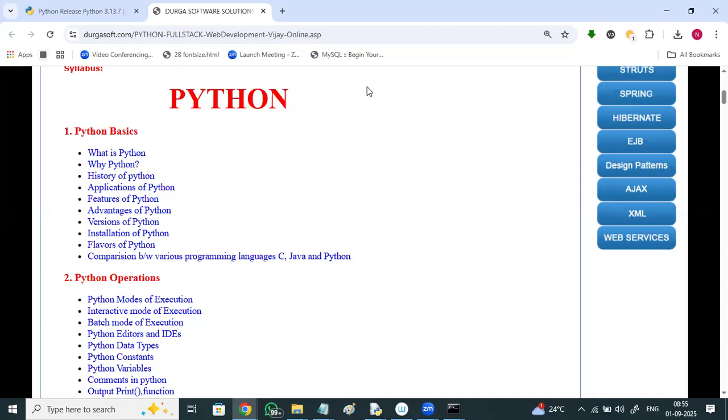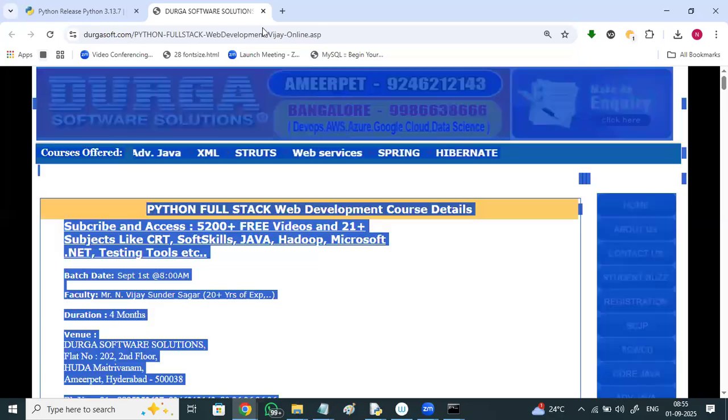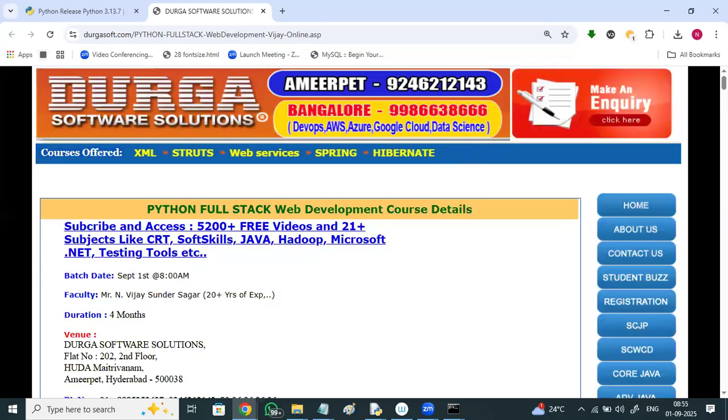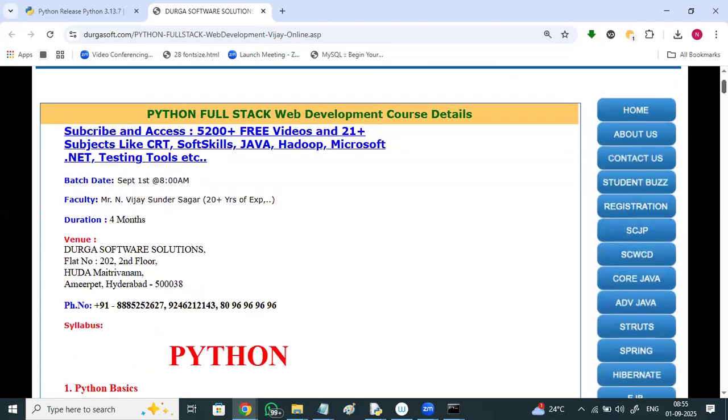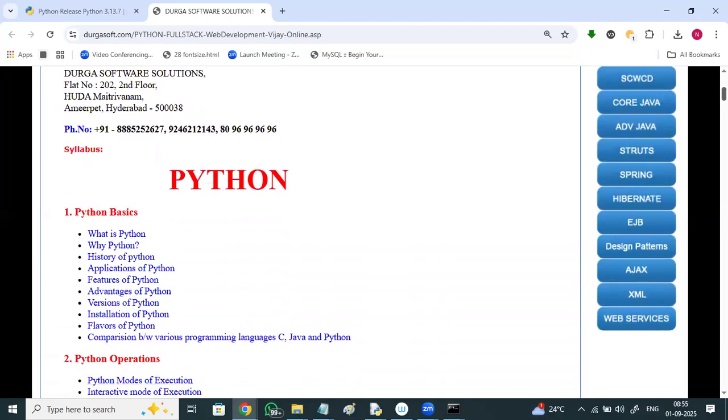Tomorrow also, people can attend the session at the same timing, 8 o'clock, using the same link, to see more discussion. From tomorrow, we'll be entering into technical things. I'll be showing you how to work with the first Python application, how to work with editors and IDEs. IDEs not immediately, but after some 4 or 5 sessions. Tomorrow, I will be discussing editors.